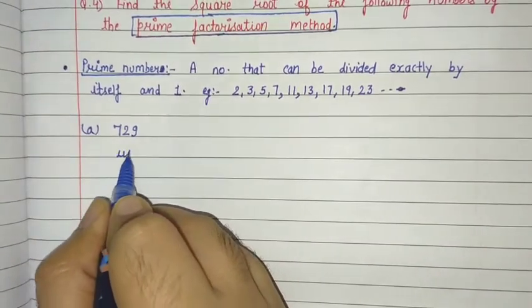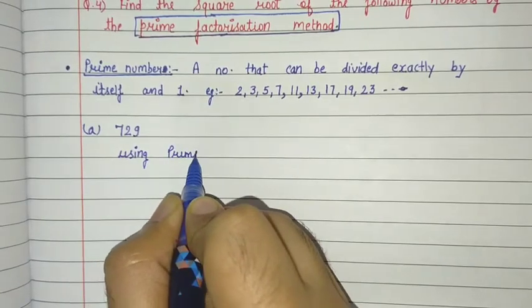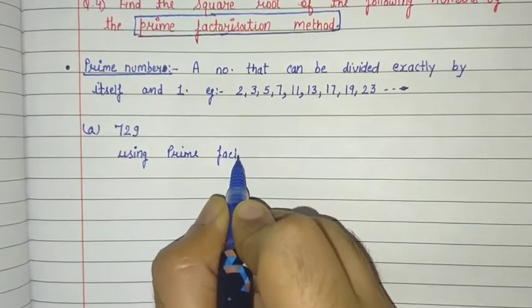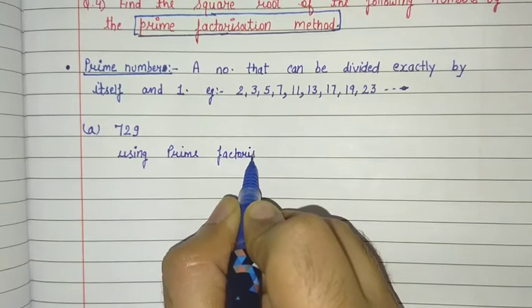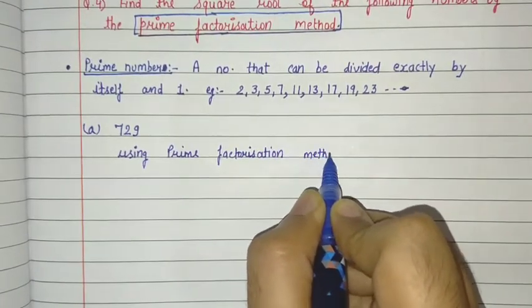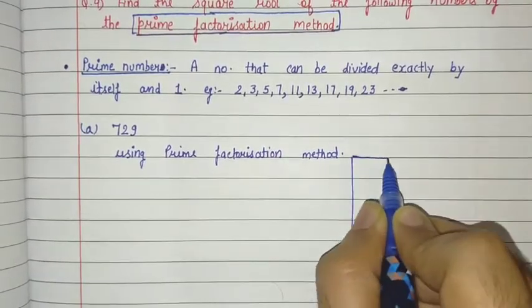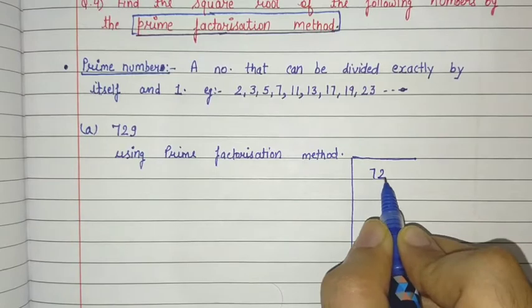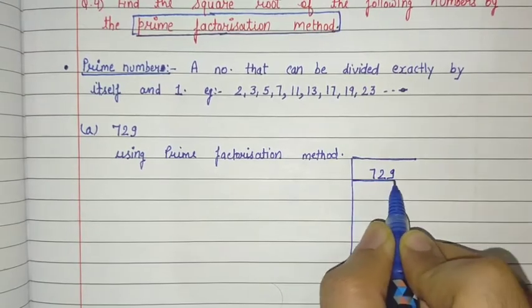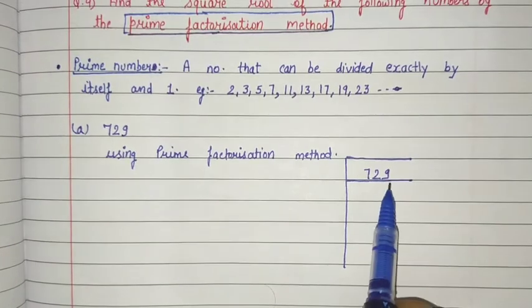Using the prime factorization method, we will do the prime factorization of this number 729. First of all, if you check, the last digit is 9, it means it is not an even number,